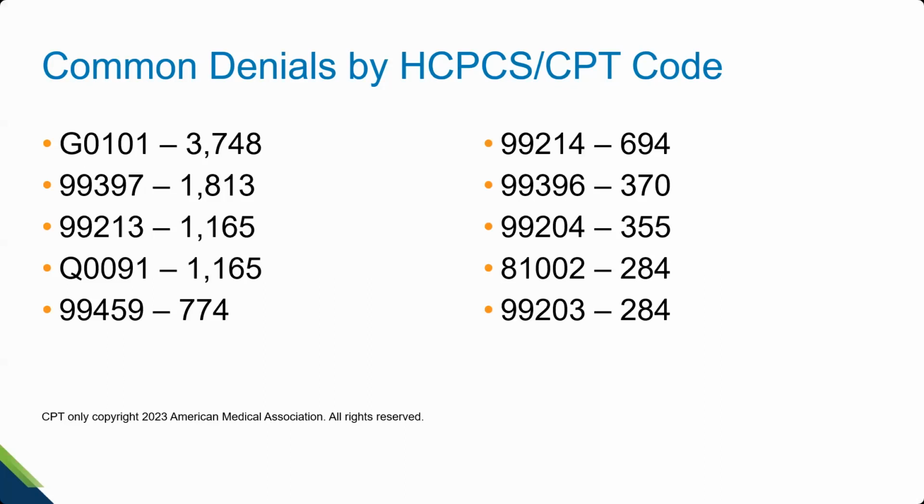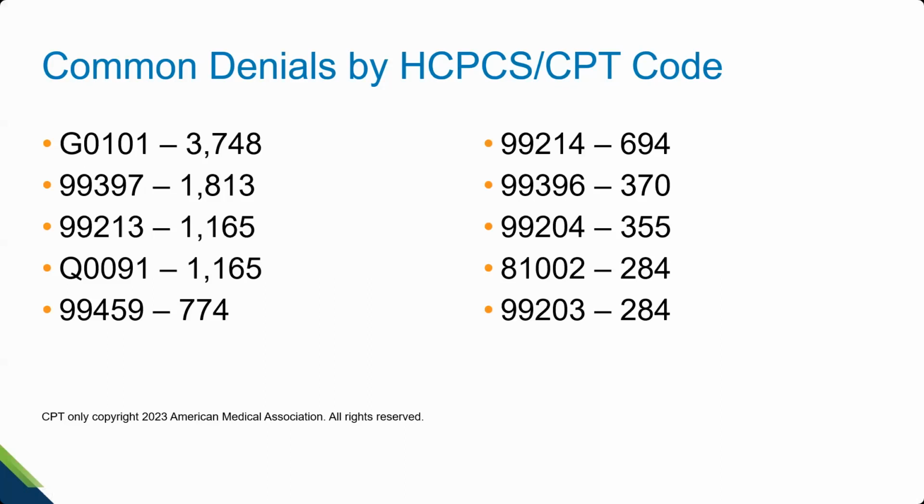Over 1,800 claims in 3 months. The next one, the 99213, the number one reason we're denying that office visit, duplicate. The second reason is that it's a managed care beneficiary. They have Medicare Advantage, not traditional or original Medicare. Physician or supplier not eligible to receive payment is the other reason. The Q0091, we're denying this due to frequency. This, of course, is that obtaining, preparing, and conveyance of a PAP to a lab. Second, we deny it because it's a duplicate. And third, because it's not medically necessary.